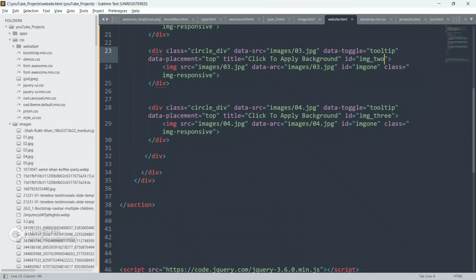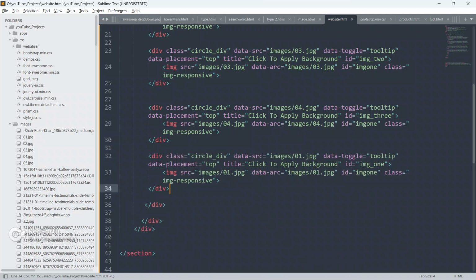Okay, so paste again and change this to 5. This is my folder name, guys: images.